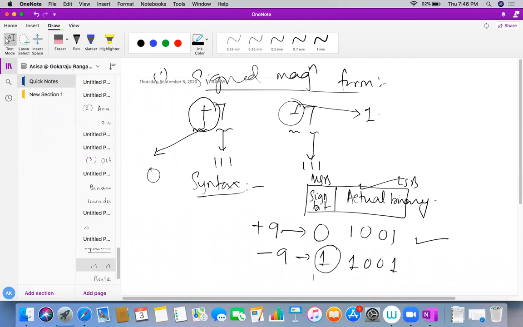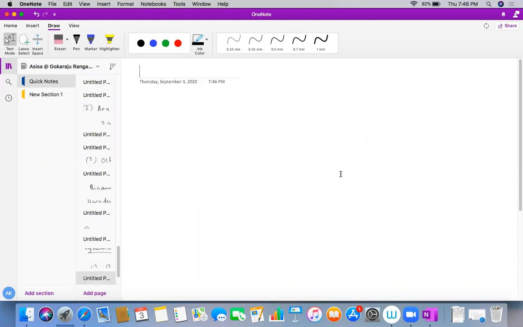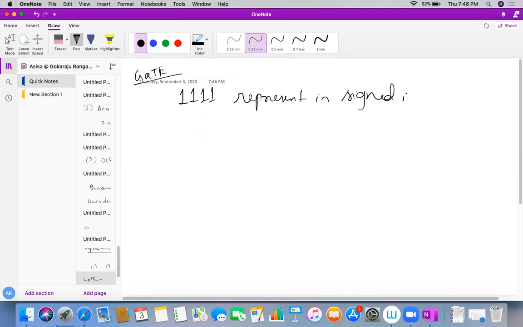Now the question is how a question will come in the GATE exam on signed magnitude form. This is actually a question of 2014. See here how the question comes in the GATE exam. Let's say 1111, if you are not understanding, ask me, students, 1111, represented in signed magnitude form, equivalent to.